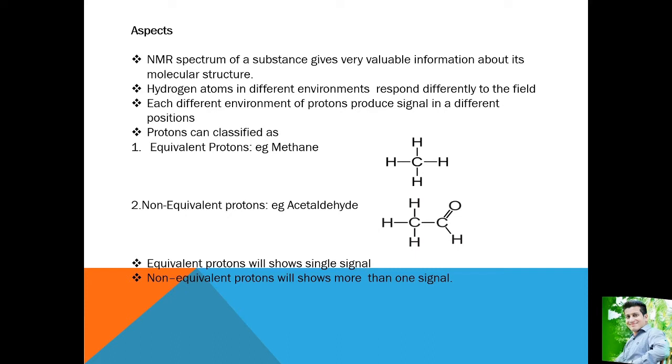So here a question arises: why should the proton nuclei in different compounds behave differently in an NMR experiment? The answer lies with the electrons surrounding the proton in covalent compounds and ions. Since electrons are charged particles, they move in response to the external magnetic field, that is B0, so as to generate a secondary field that opposes the applied field. The secondary field shields the nucleus from the applied field.